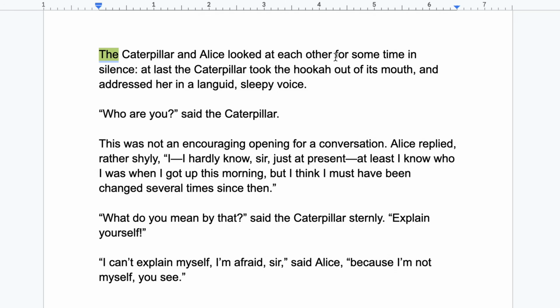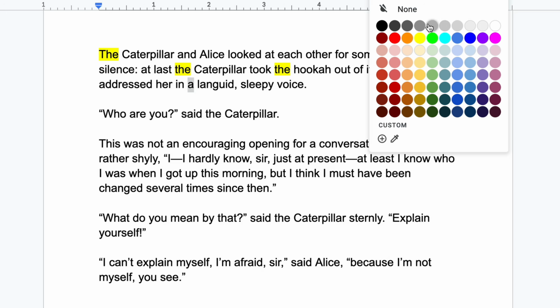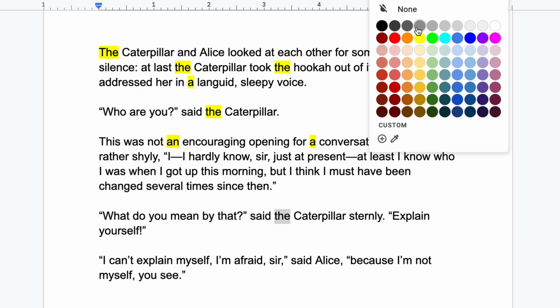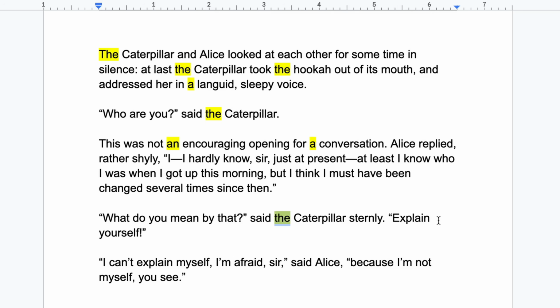Google Docs are very useful for this type of activity because you can highlight or underline anything you want very easily. Read the text first and then start highlighting or underlining all articles you can find and any nouns that don't have articles in front of them and you're curious why. This is our second step, and this kind of work doesn't require a lot of thinking from you.